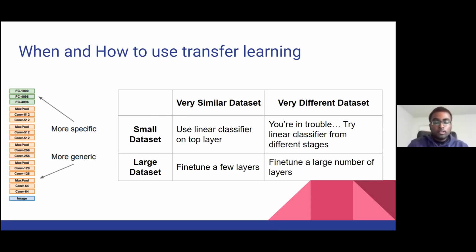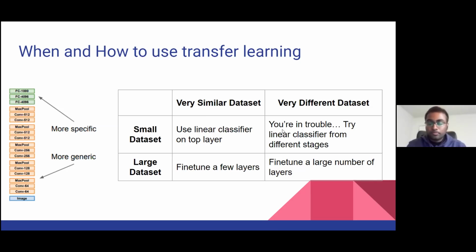This is because when we have a small data set, the model can tend to overfit, and because of that, it's better to train only the last few layers. And when we have a larger data set and the data set is similar, in that case it's advisable to train more layers or even the entire network. If you copy the source domain weights and then fine tune the entire network,